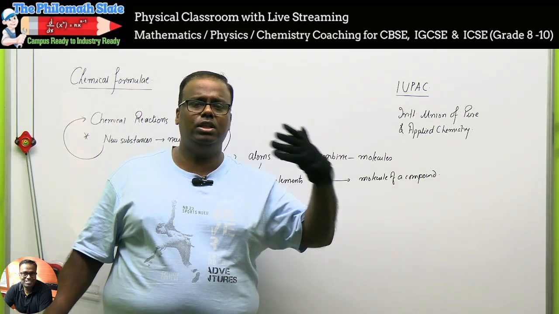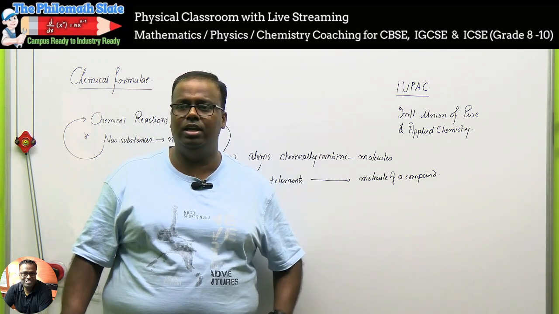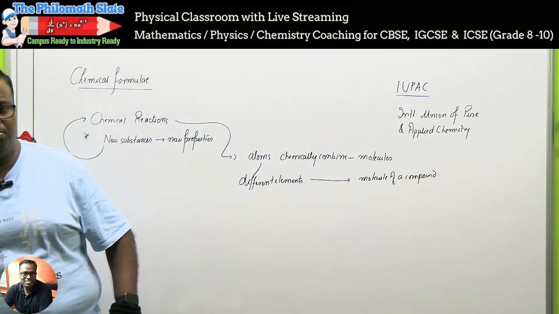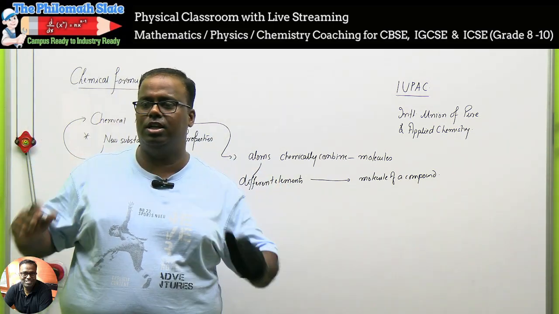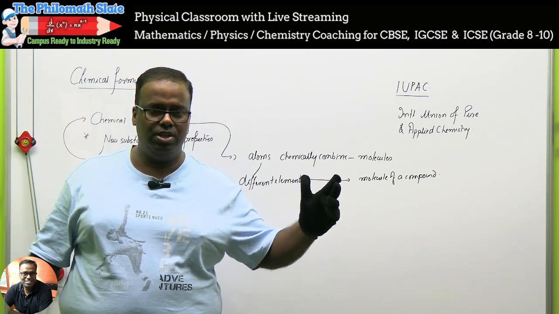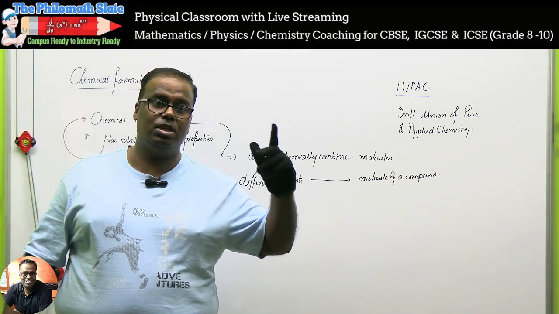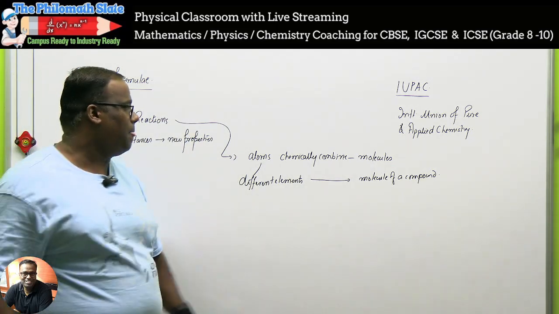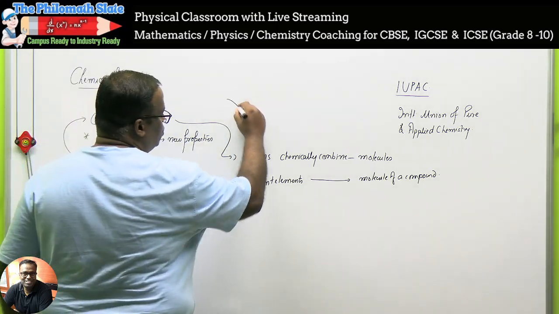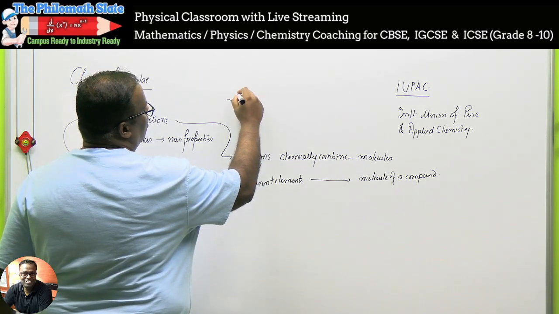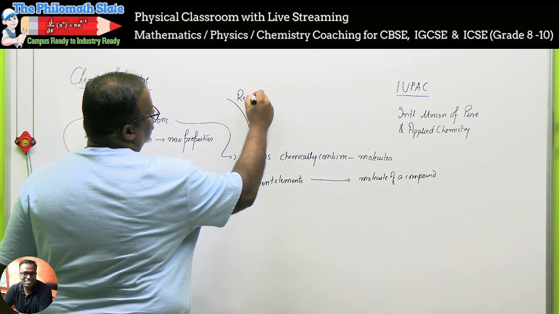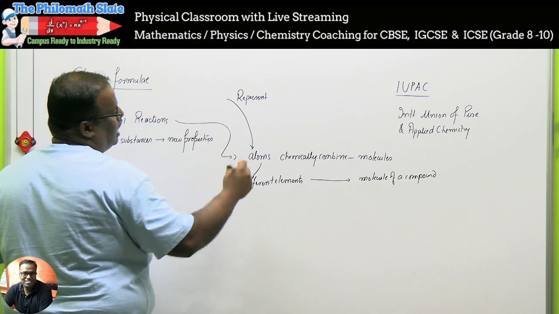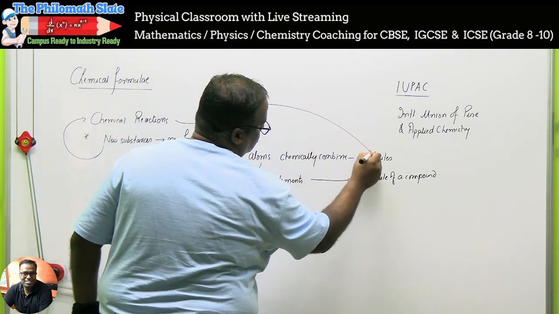Now this, in theory, we can go on speaking, and in lectures we can go on explaining to people, but you need to have a concise language to show these reactions. That concise language is the chemical equation, which we will come to in the latter part of the chapter. But before that, the question arises: how do you represent an atom and how do you represent a molecule?